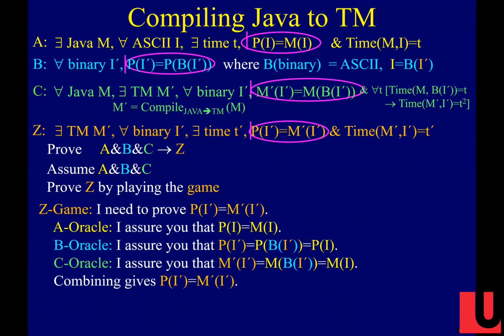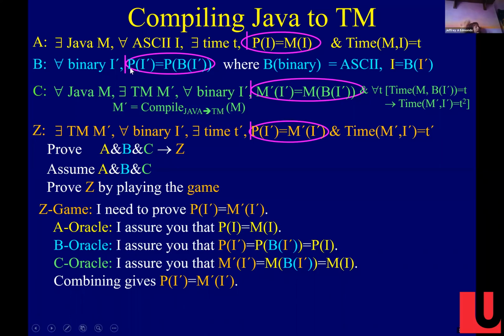Right? There's a lot of moving pieces here, right? Jeff? Yep. For the B oracle, why does Pi prime equal Pi? Pi prime equals Pi. Well,